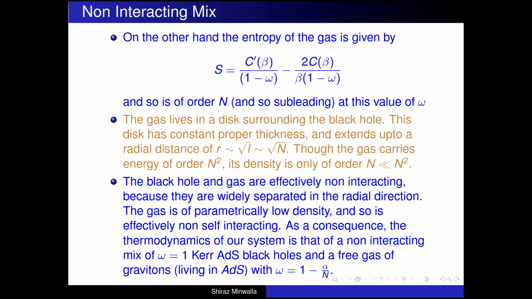You might wonder that when I did this calculation, I pretended that the gas was free, so you know the effect, the back reaction of the gas on the gas. But that is also justified. One way of understanding this is to check that the density of this gas is very low, and so its back reaction on the gas modes is not significant. So you can pretend the gas is free, you can compute it without computing its interaction with the black hole, and you land on your feet.